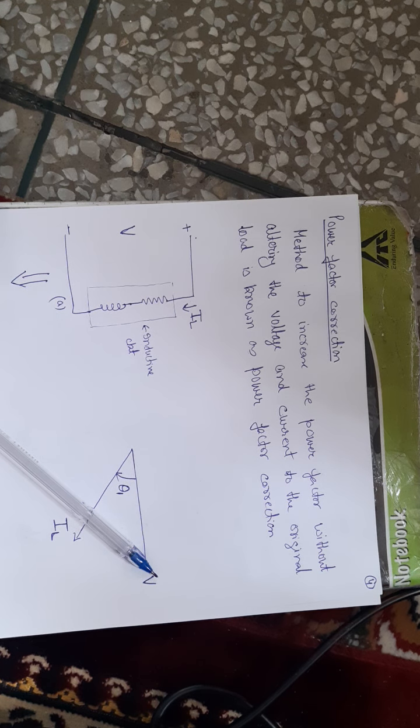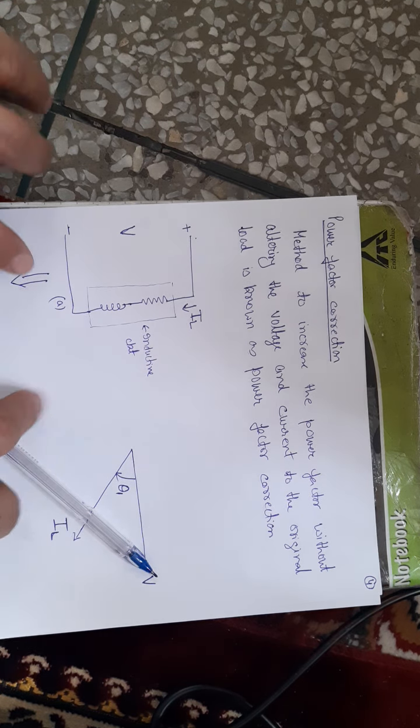So what we do is try to increase our power factor, because if the power factor is equal to unity, minimum current will flow in the line. If the smaller current flows in the line, the losses will reduce. I will show you with the help of an example, and it will become clear.